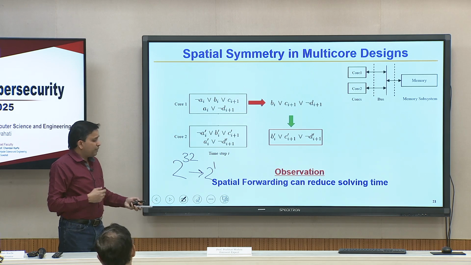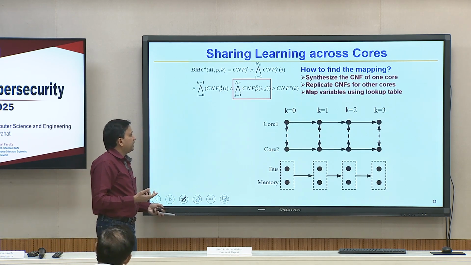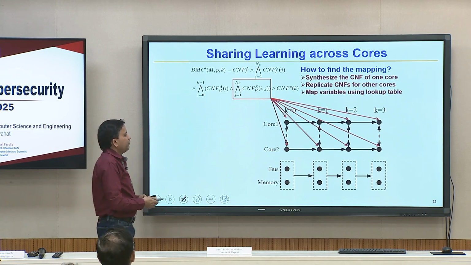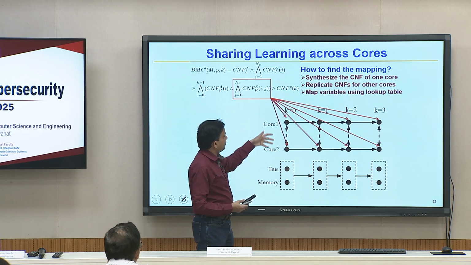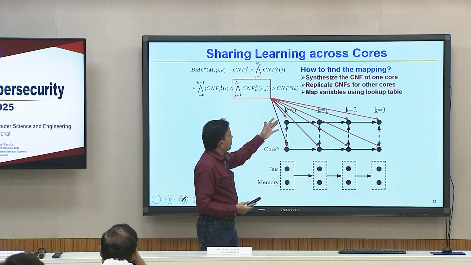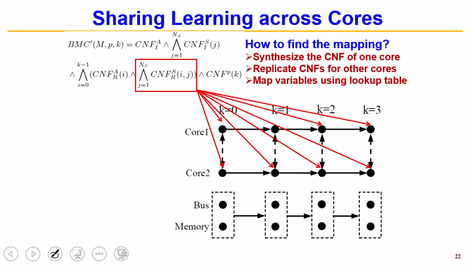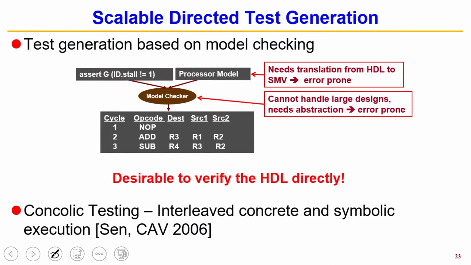So basically, any form of similarity can be exploited. In fact, if you think about it, when you are solving for multiple properties for multiple cores, you can forward learning from across the timescape, between the cores and between the properties. So there is a lot of learning opportunity for reducing the time. But no matter what you do,